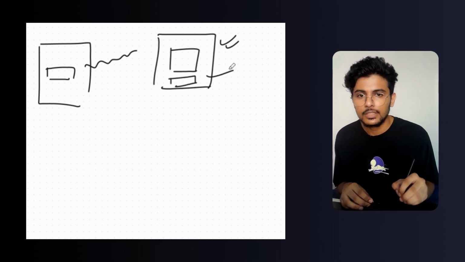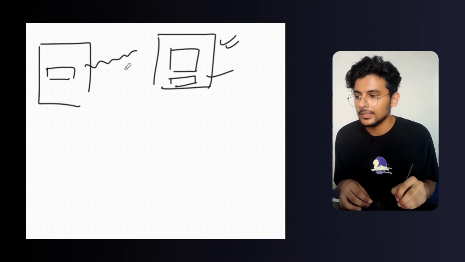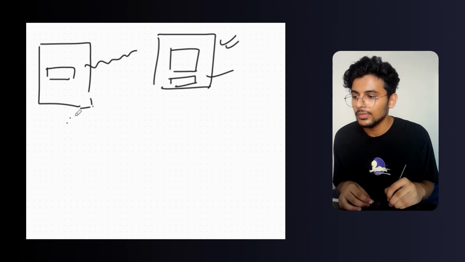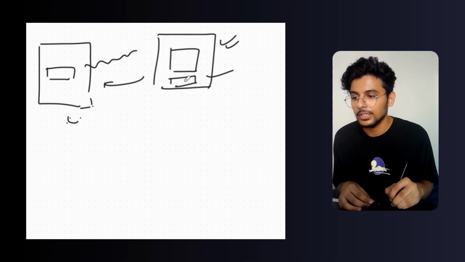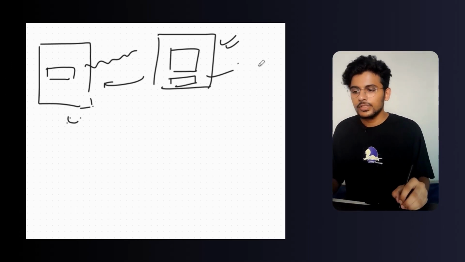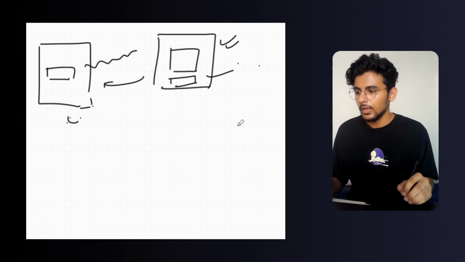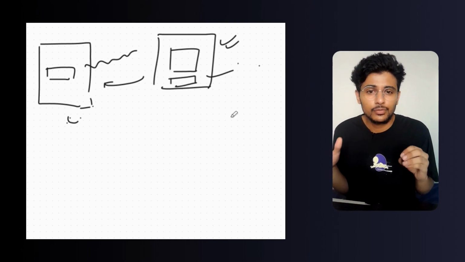What is authorization? In authorization, you are giving access. I mean the user is giving access to this website. This website can access details from GitHub. So you are allowing this website to access details from GitHub. Okay, so this is what we are going to do in this video. Now I have given you a broad explanation, so let me tell you what we are exactly going to do.